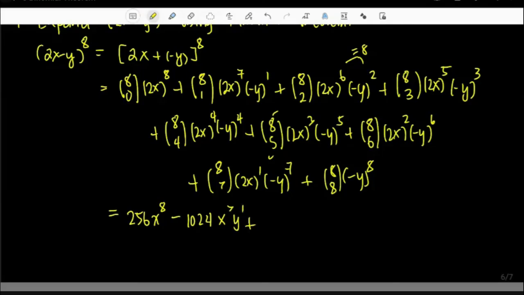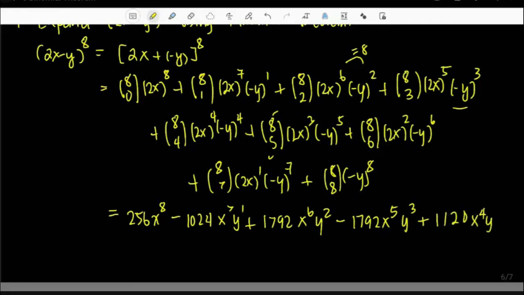Plus, so 8 taken 2 times 2 to the 6, that's 1792 x^6 y^2. Now, the next term will involve negative y cubed. So, that gives us a negative coefficient. 8 taken 3, right, times, this time 2 to the 5. So, 8 taken 3, 2 to the 5 is 1792 as well. So, 1792 x^5 y^3, plus the next term is 1120 x^4 y^4,